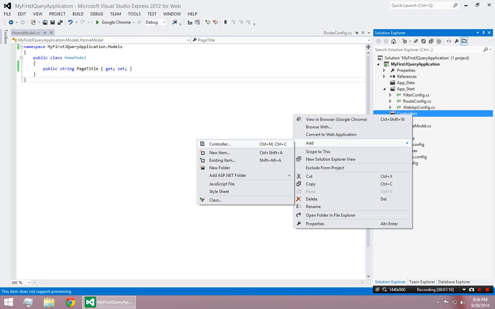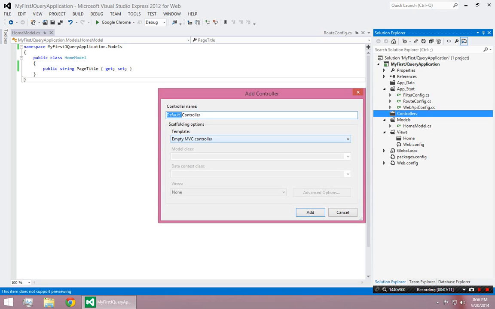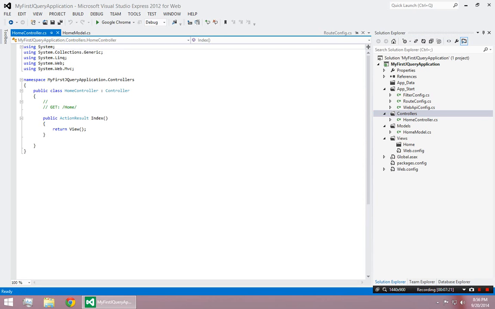So now that I have that, I can create a controller. Add controller, and I'm going to call this the home controller, obviously. I'm going to make it empty, and I'm going to say OK. So you can actually do nothing here and it'll be just fine, but one thing that I like to do is actually pass the model to the view. So if I take that class that I just created, the home model,